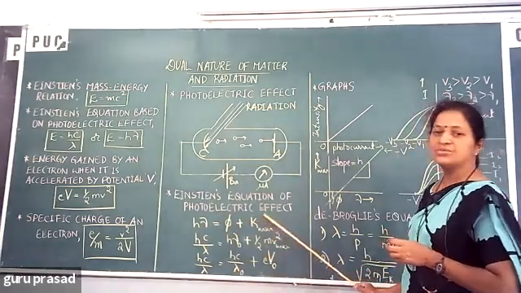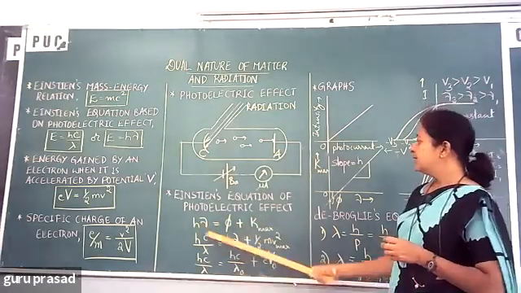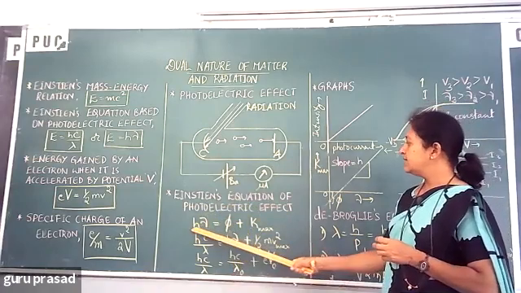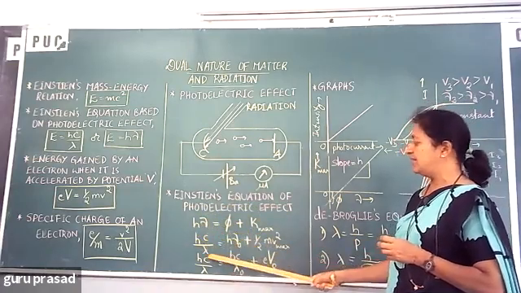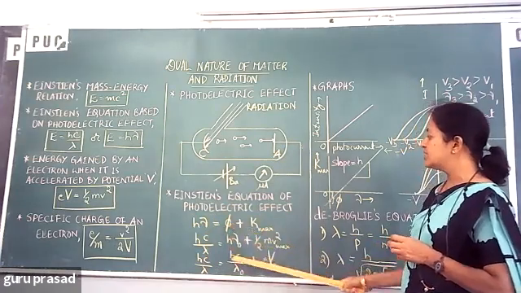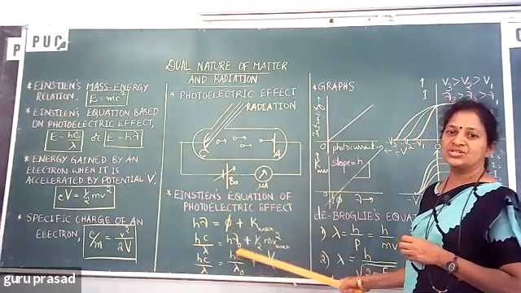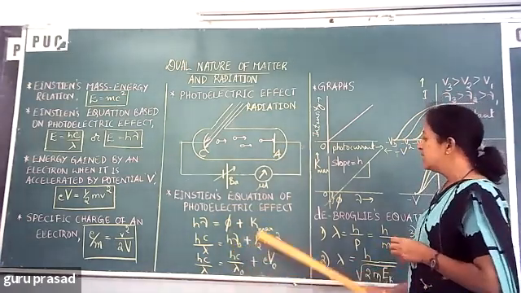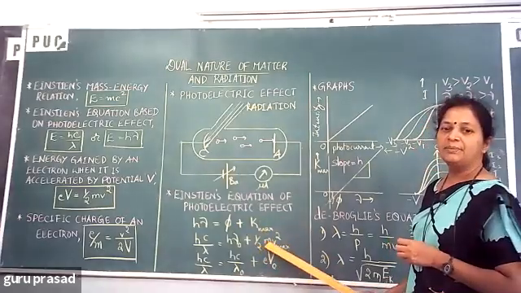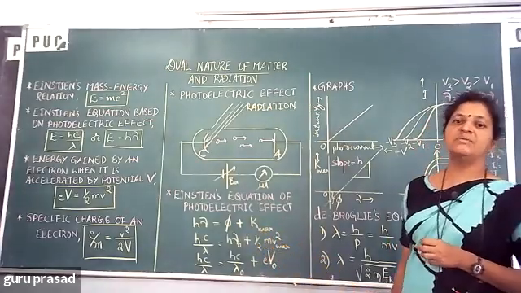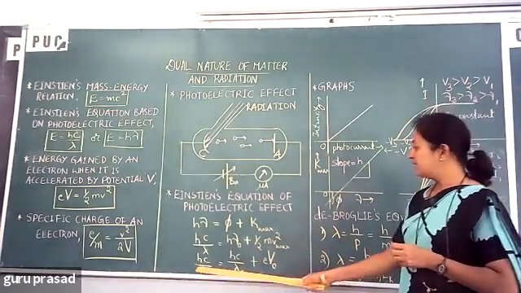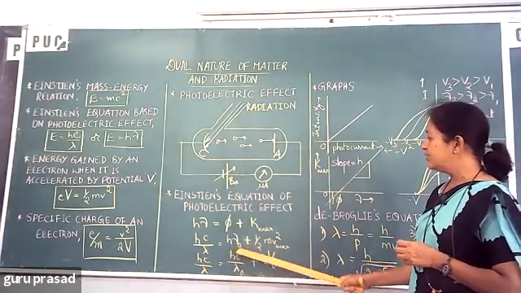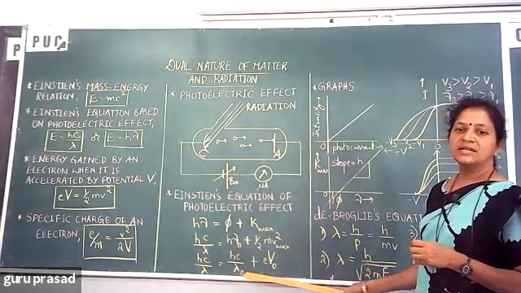So you have to write this one, maximum kinetic energy. Then this equation, Einstein's photoelectric equation, can also be written as h nu, which is hc by lambda, is equal to the work function, which is also h nu naught, because it's also energy, h nu only, but h nu naught. Nu naught is the threshold frequency, plus kinetic energy, written as half m v max square, maximum velocity squared. Another form of writing is hc by lambda, the incident radiation's energy, is equal to hc by lambda naught. Lambda naught is the threshold wavelength.